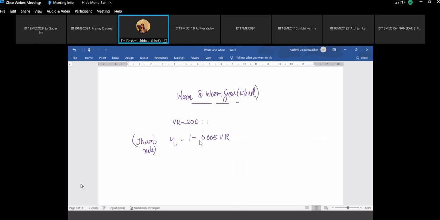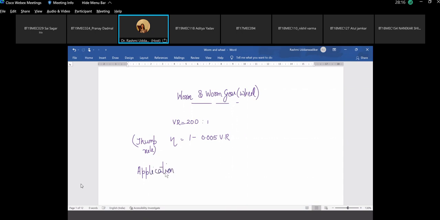And so normally the range of velocity ratio that would be used is around 40, 50 to 60, not more than that. But worm and worm wheel can be used for velocity ratios as high as 150 to 200, even up to 250. In rare cases, you can go up to 300 as well, but then as I said, efficiency will go down. It finds its application essentially in,